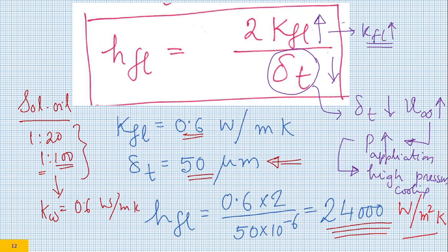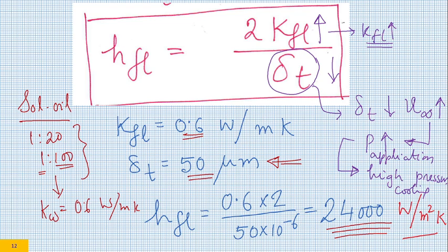Grinding fluid is never applied at a higher pressure, because if you apply grinding fluid at a higher pressure, it induces hydrodynamic drag on the spindle. So to overcome that hydrodynamic drag, a lot of spindle power is wasted. So in grinding, when we call it high pressure cooling, it is around 10 to 20 bar, not more than that. But in case of machining, turning, milling, that kind of situation, your pressure can be as high as 100 to 200 bar.